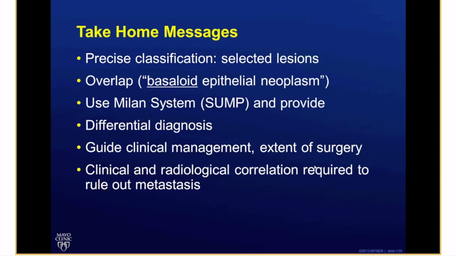For example, basaloid neoplasm, differential includes basal cell adenoma, pleomorphic adenoma, and adenoid cystic carcinoma. Only by doing that is it going to be very helpful, since you're going to be able to guide clinical management and maybe the extent of surgery. And very important, especially in the high-grade lesions, is that you correlate clinically to make sure you consider the possibility of